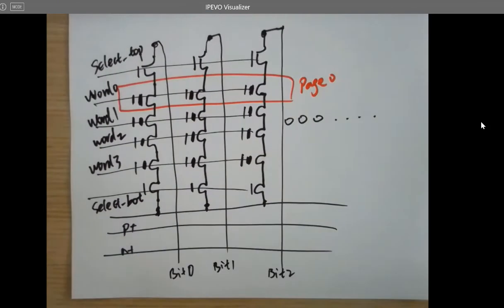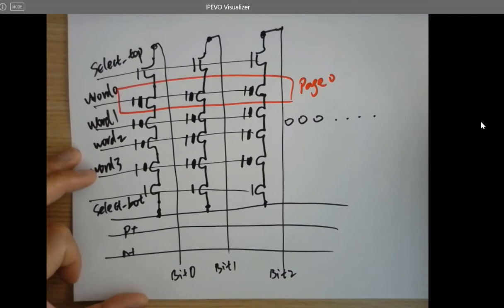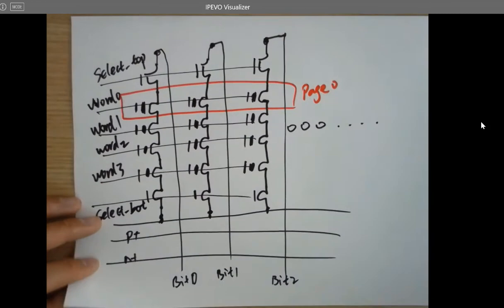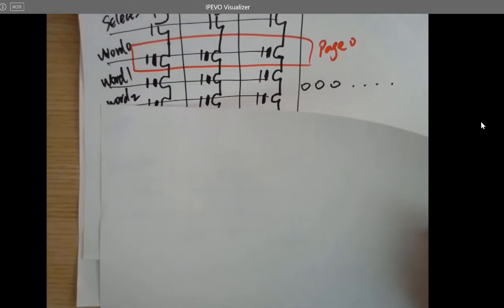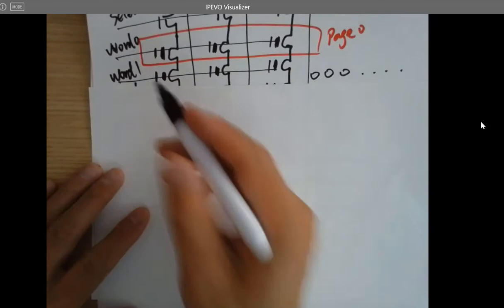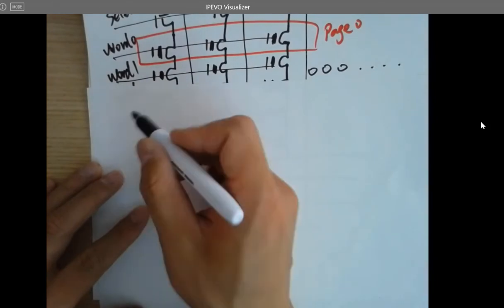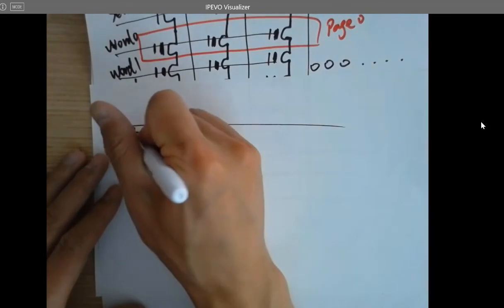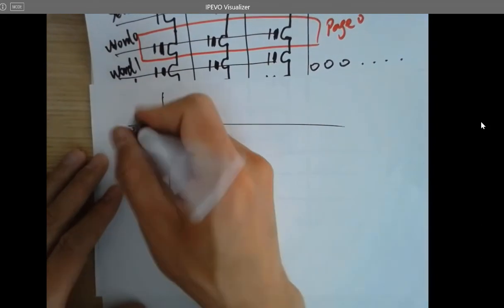Let's think about how we do a writing operation. So to do a write operation, let me do a table to make it clear. We're not messing up with the circuit. So table, I need 4 columns and the bit line,